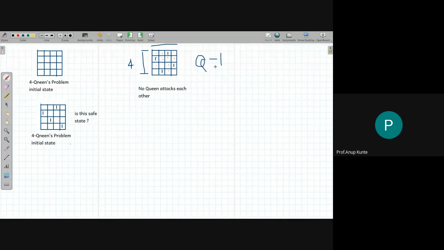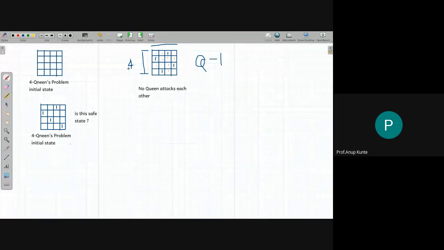So we want to configure the board such that no 2 queens attack each other, but they are placed on that chessboard, and the count of queens is equal to the number of rows and number of columns in that chessboard. So this is called the n queens problem. This particular instance has n equal to 4, so we can refer to it as a 4 queens problem. You can imagine as the size of the board increases, the number of queens also increases, and the number of combinations that we would otherwise require to check whether the queens are attacking each other is going to increase exponentially as I increase n.